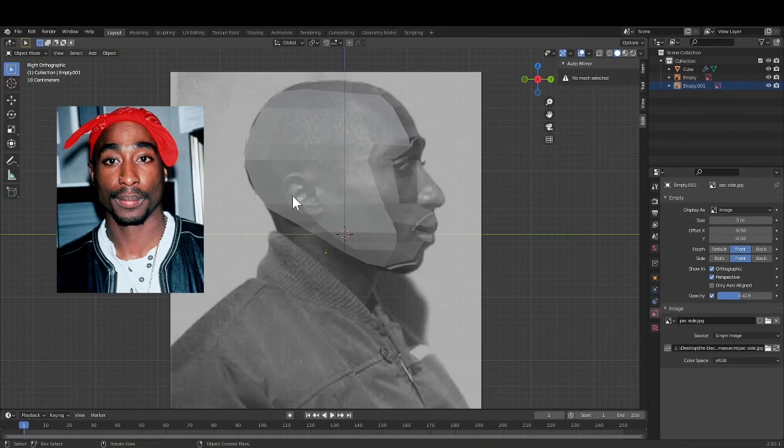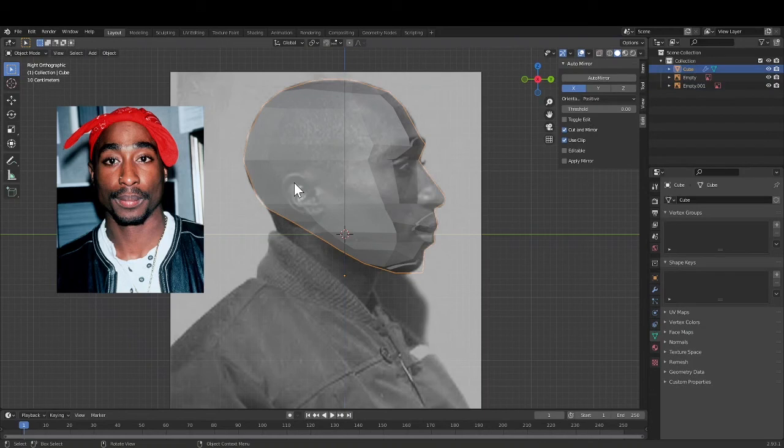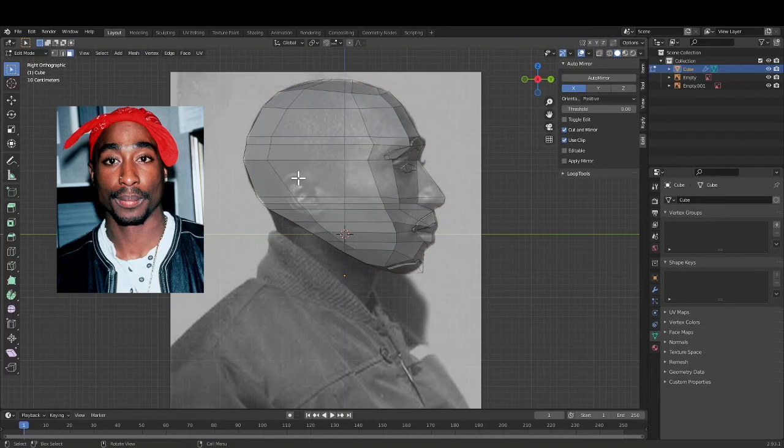And I'm gonna try to ignore everything, and I'm gonna come here to 3. I'm gonna tab over an object mode. I'm gonna tab. I'm gonna come and select on this face here,